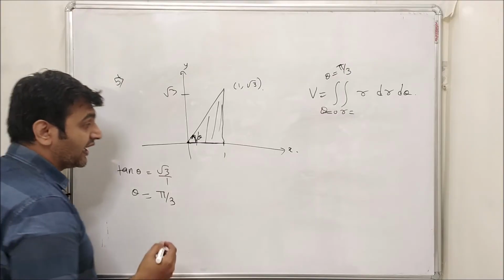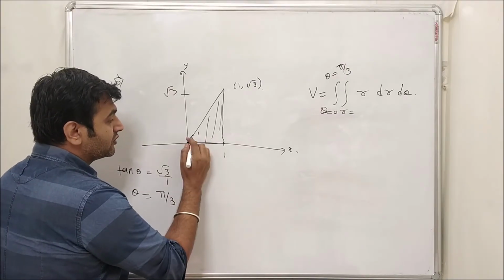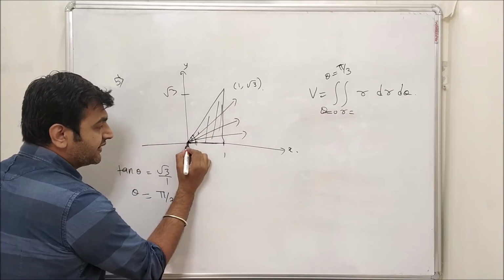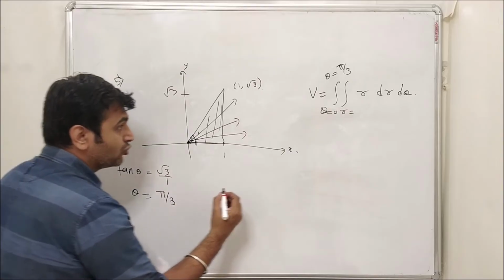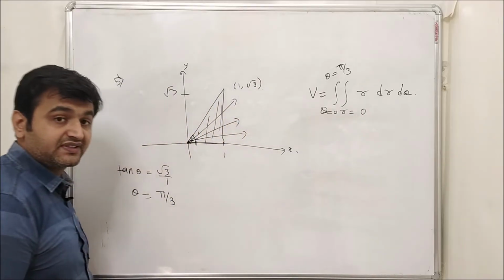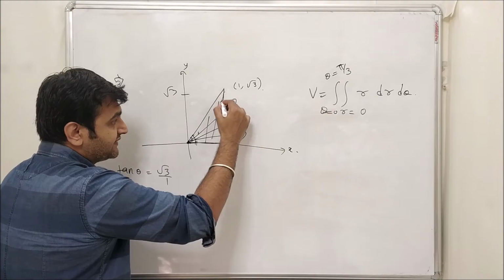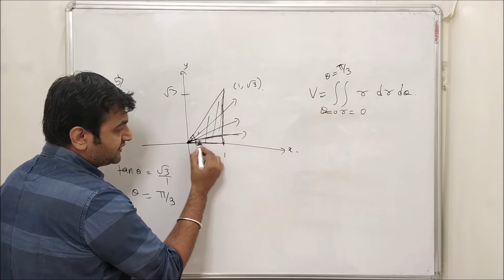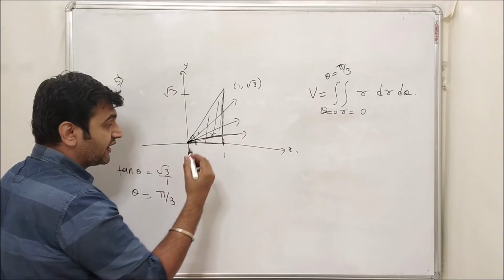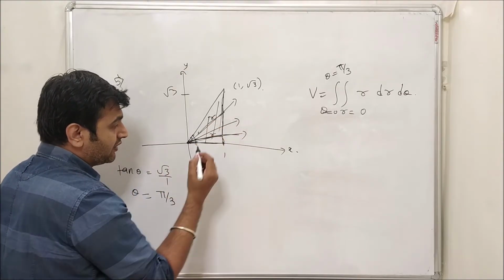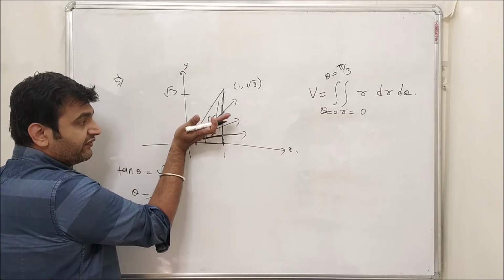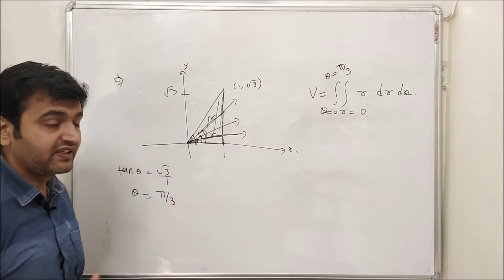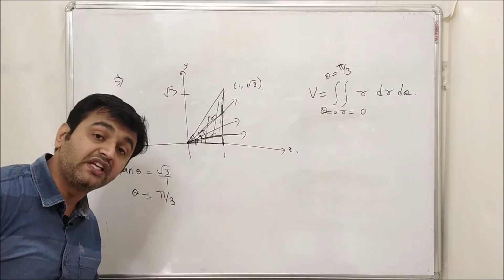Now what are the limits for r? For r, you draw the radial lines. You draw these radial lines, and you see from where it is starting. It is starting from origin, and origin is in the domain. So your r is starting from 0, and now it is coming out from this line, this vertical line. Now here the question is, as you can see, if this is one line, this is my r. Question is, what is r? This is another line. Question is, what is r? So you can see, as you draw different lines, it changes as your theta increases. So one can see that your r is depending on theta.